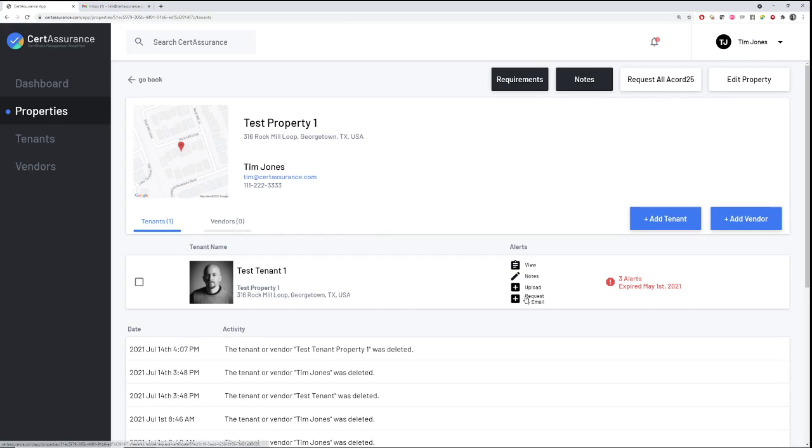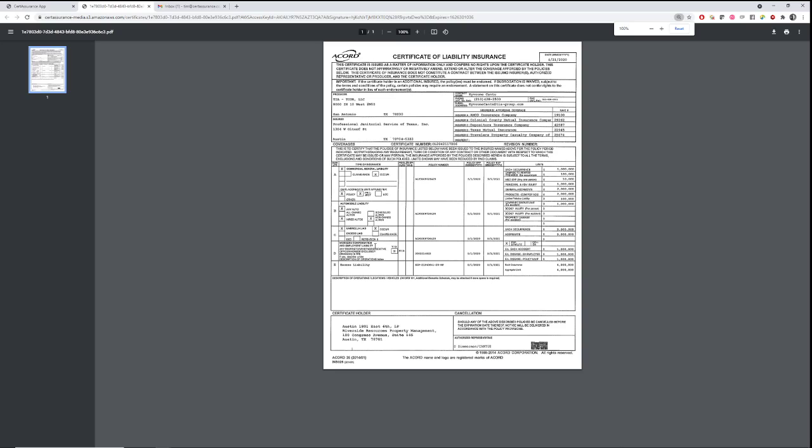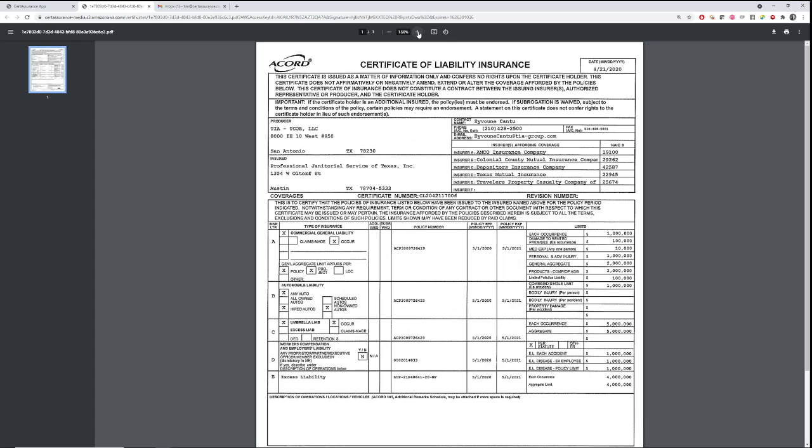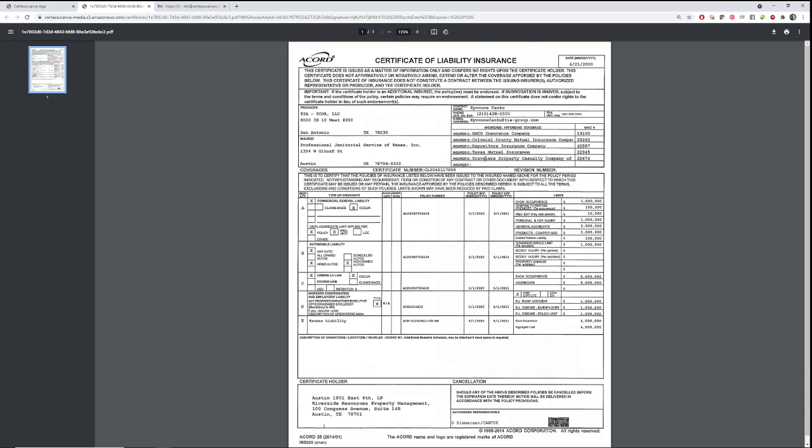So now that you've got a tenant added in there, we'll take a look at some of the elements we see on the tenant line item here. Adding a vendor is the exact same workflow, so we won't go through that in this video, but the workflow is exactly the same. All the options are identical. But you can view the certificate of insurance associated with this tenant. So we actually pull up an image of the actual COI for you to view. And you can zoom in on it and just make sure it is what it says it is,